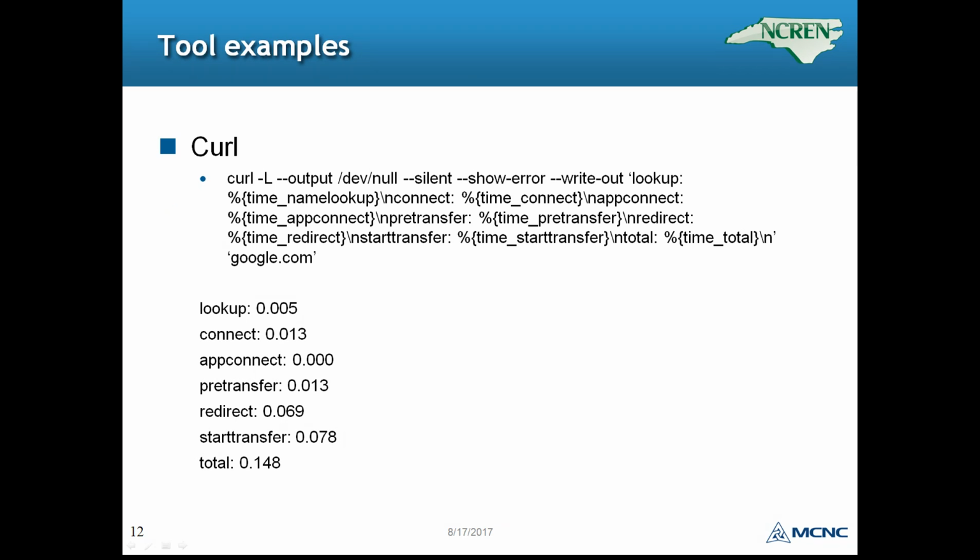And this is essentially the command that we're running that's giving us the data points that you saw being visualized in Grafana. So you could actually run this from the command line, from the Pis, and get these numbers. So you could do a sort of point in time comparison of what's going on with that site. And as I said, lookup